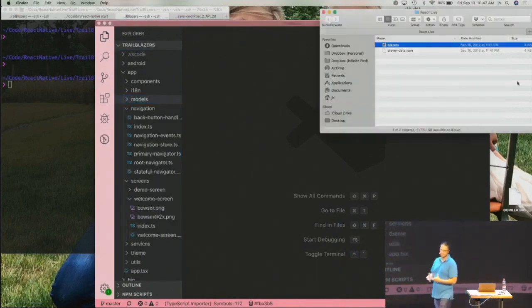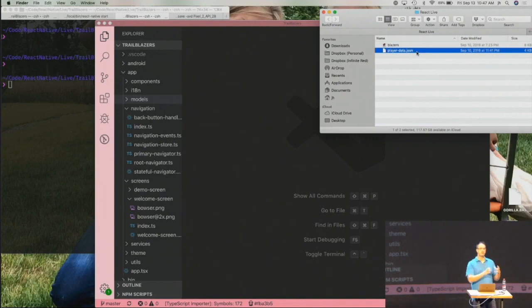This app is basically for me to get to know the new roster. There's a new season coming up for the Portland Trail Blazers. I want to know the new players that are going to be a part of it. So we have some data, and I'm going to just use a local file, a JSON file that I have, but you can envision this being like an external API that we're reaching out and pinging and getting